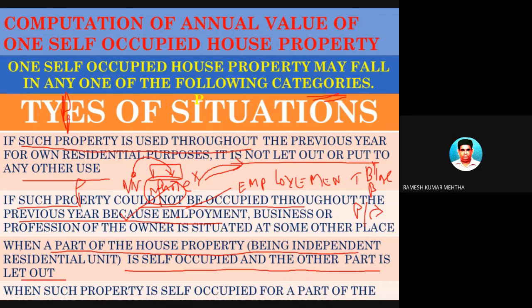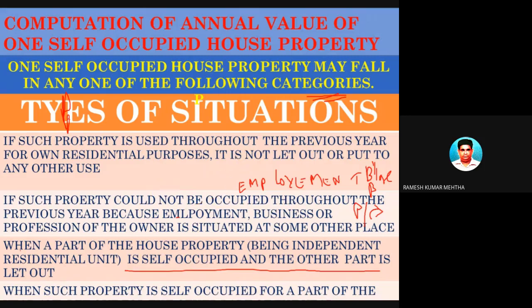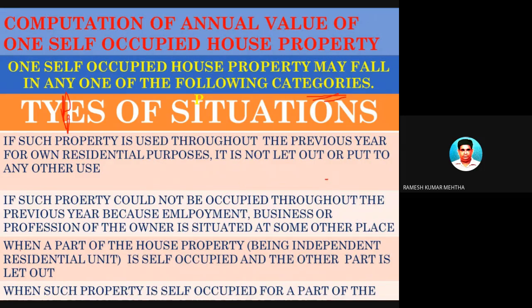out. Now, situation number three is different from situation number one and number two. Situation number three speaks that there is a house property which is not dependent. The parts are independent, meaning a part of it can be self-occupied and a part of it can be let out. So, for example, three-fourth of it can be self-occupied, and one-fourth